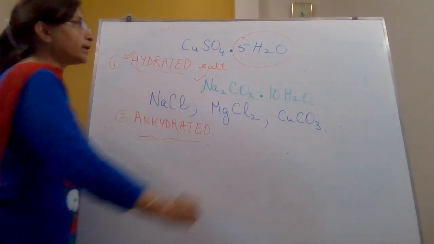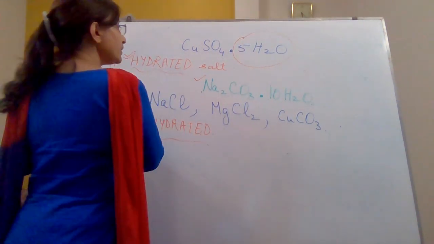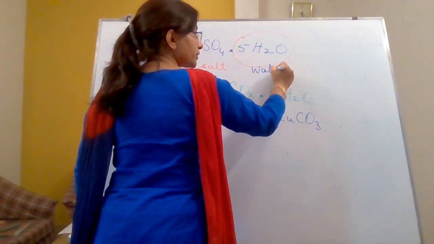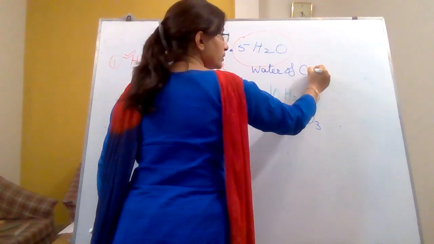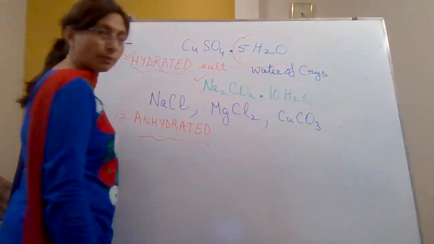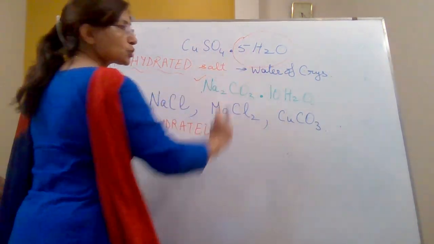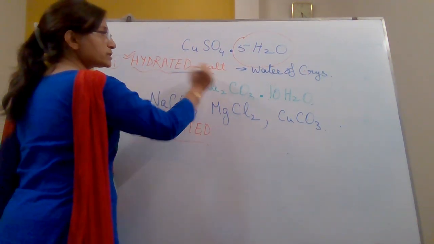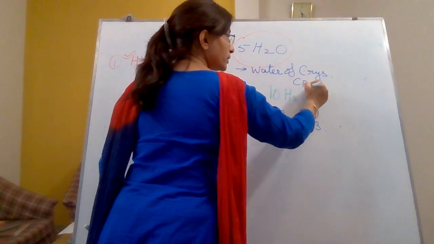Hydrated salts में आपका क्या क्या present होता है? इसमें we have got water of crystallization, number one, and due to the presence of water of crystallizations, these hydrated salts exist in the form of crystals,